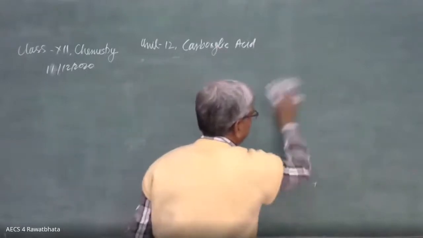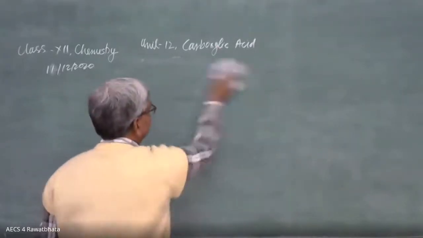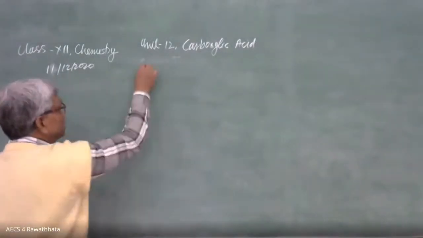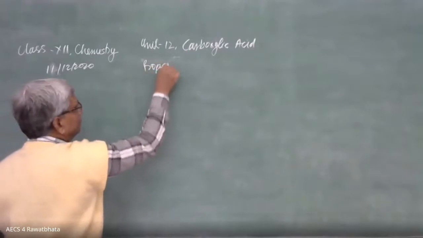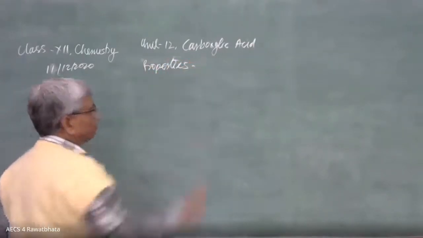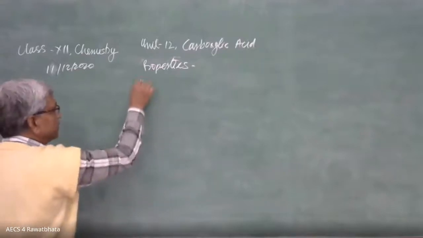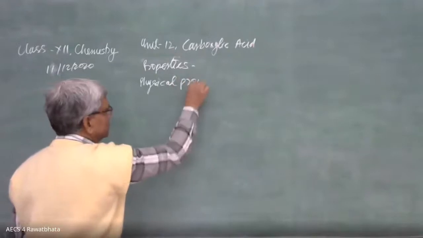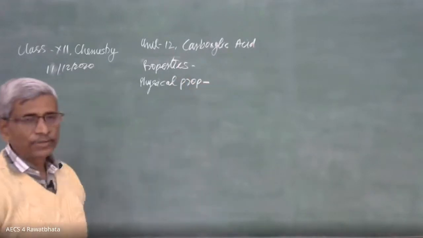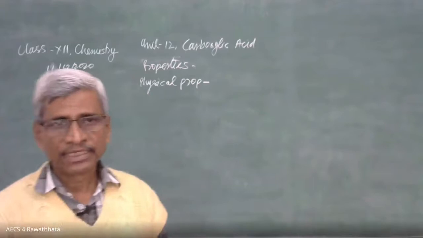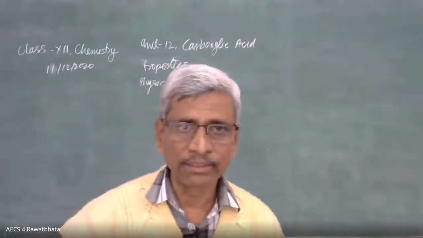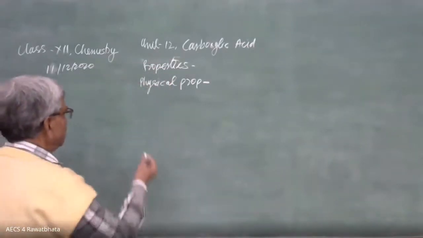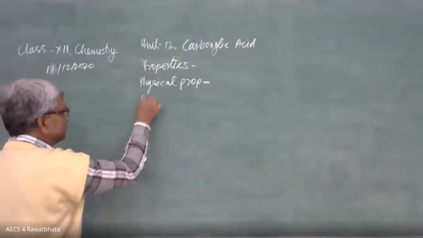Now, properties of carboxylic acids, physical and chemical both. Properties of carboxylic acid, physical properties. In physical properties, simply we see state, smell, solubility, melting and boiling point, density, etc. The one thing, if we talk about the physical state,